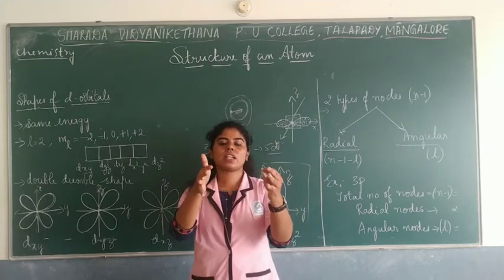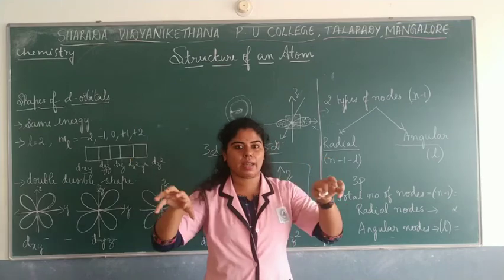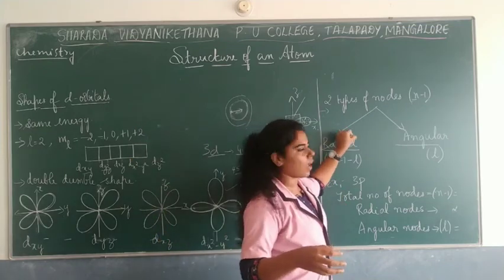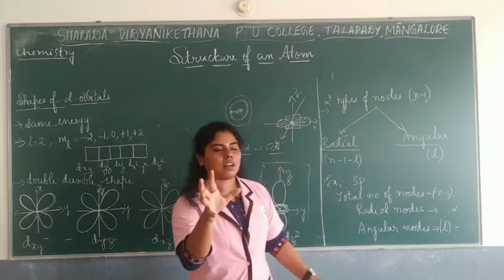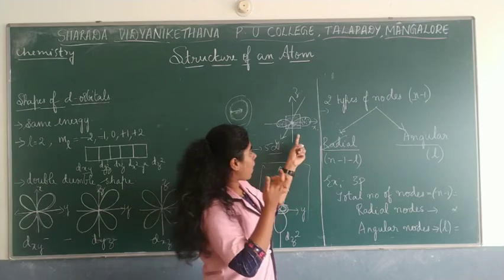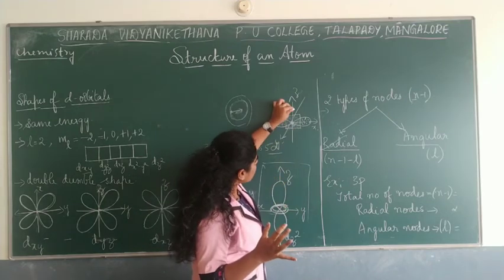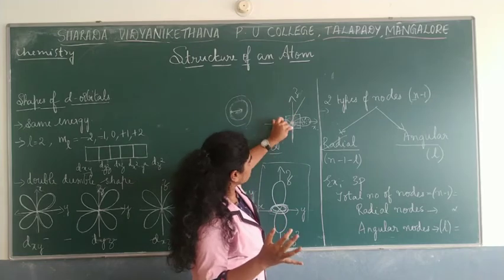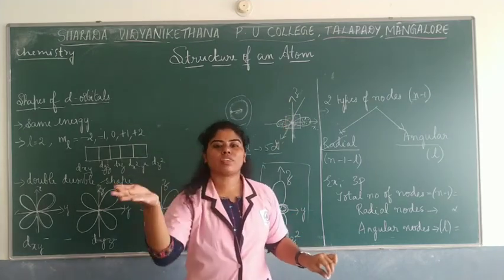Indicate the region where there is no probability of finding an electron when you are talking about the radial. So that is radial node. Okay. And the other one is angular node. Now, in talking about the angular nodes for s orbital, we cannot find it. But for p orbitals, the angular node is about the planes. Okay, the planes which cut through both of these lobes.